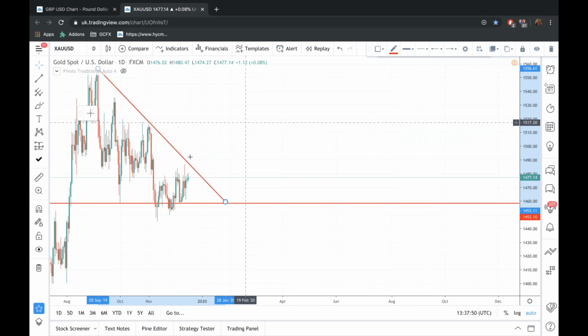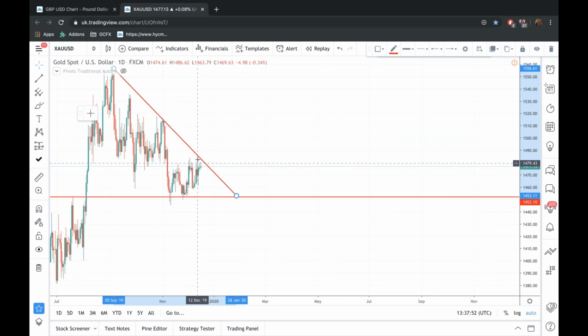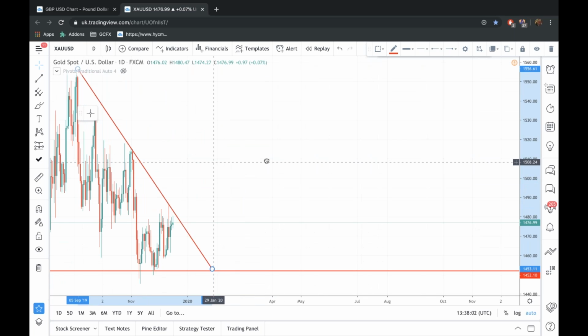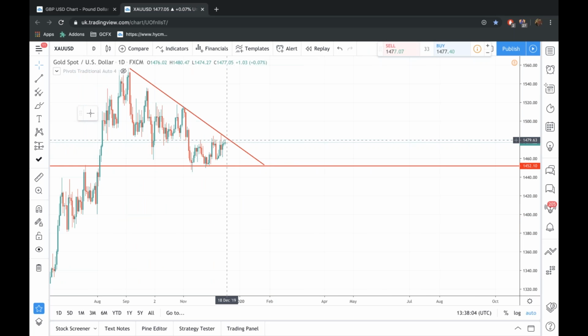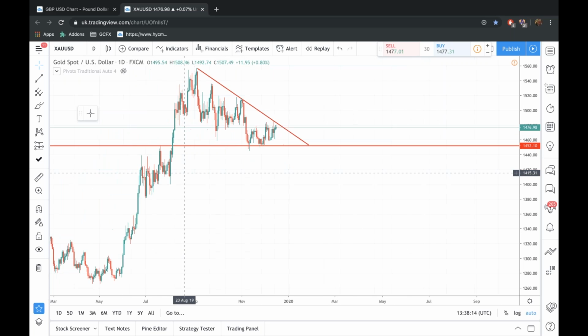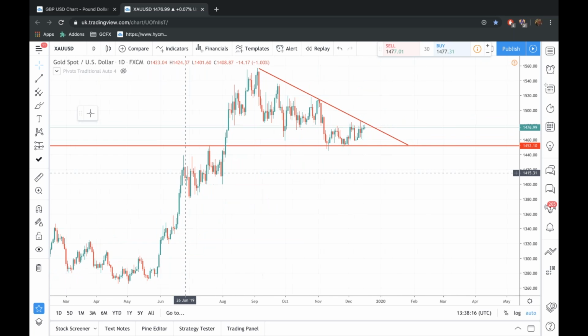You know, just looking at the price action, you see the price is building up towards that level, and I'm expecting some kind of, even an attempt at a break. But to look back and see whether the break is valid, one of the easy ways to do that is to look on the daily chart for a break and a close. A close means that the candlestick closes outside of that trend line. So if you get a break and a close, then that gives the breakout a little bit more technical confirmation.